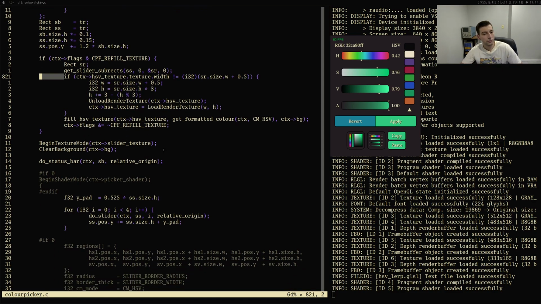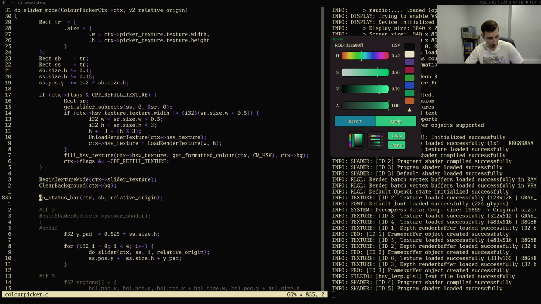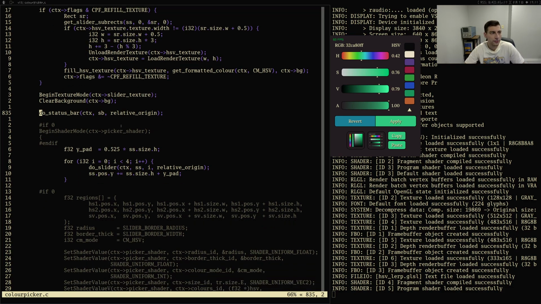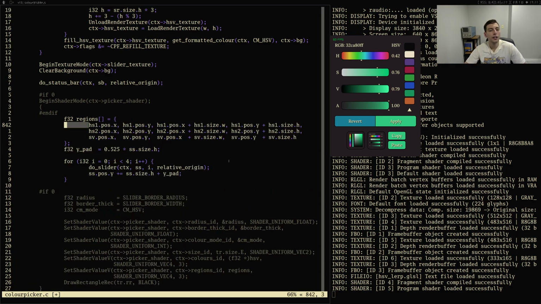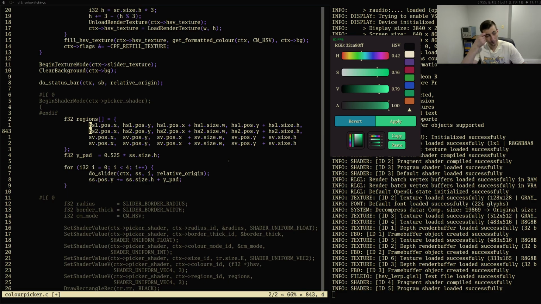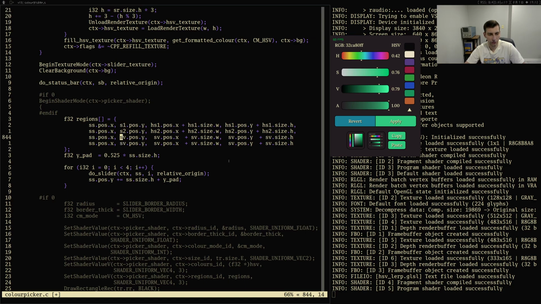Okay, so that's still working fine. So then what we're gonna do is we're gonna take, this order doesn't particularly matter. We just want to pass in this slider subrect. It's got to get advanced by the same amount. So we're gonna take our regions here. We're gonna have 4 regions this time, and it's gonna be slider scale bar dot position dot x is going to be the same for all of these. The position dot y is going to be changed. So this is going to be this one, then it's going to be